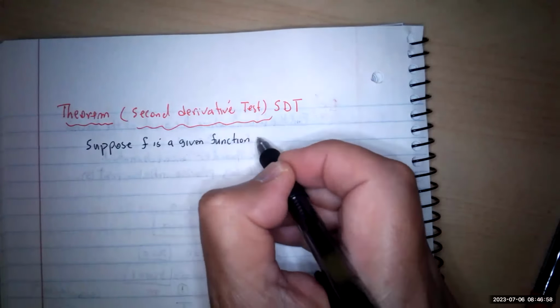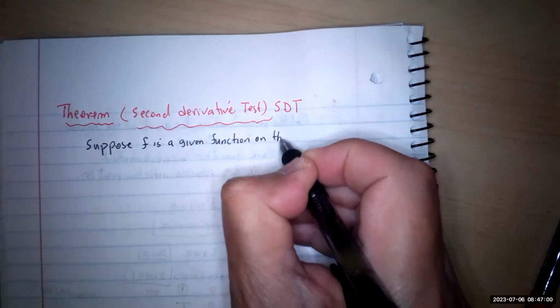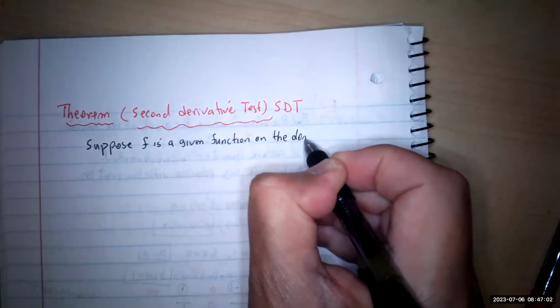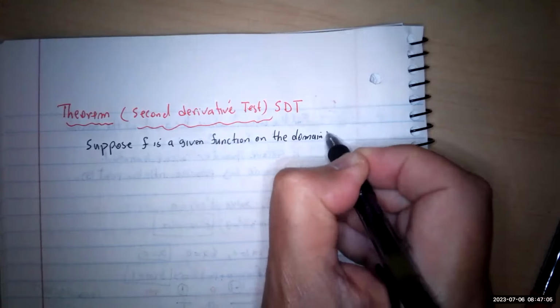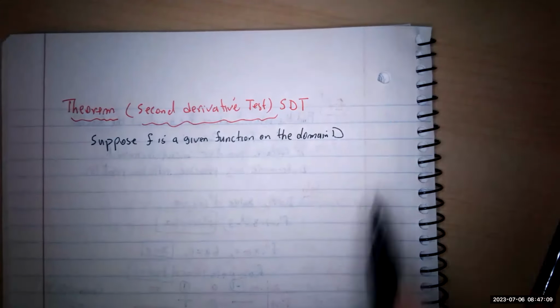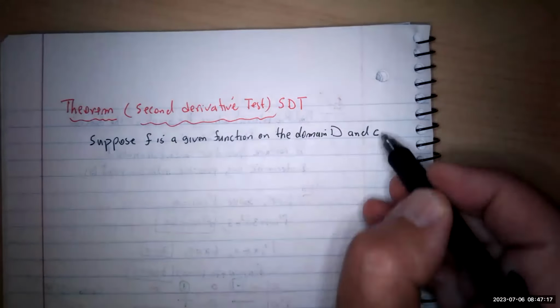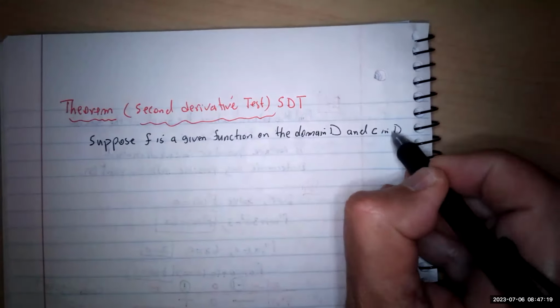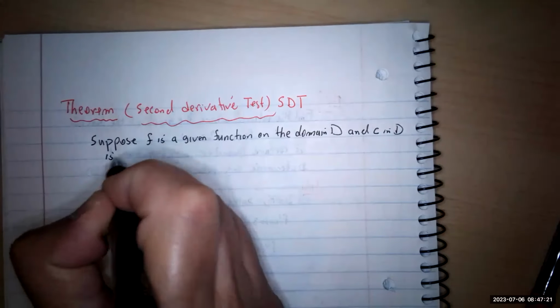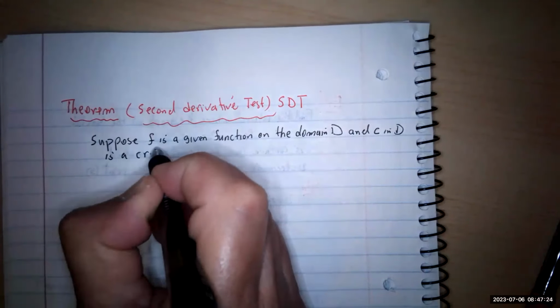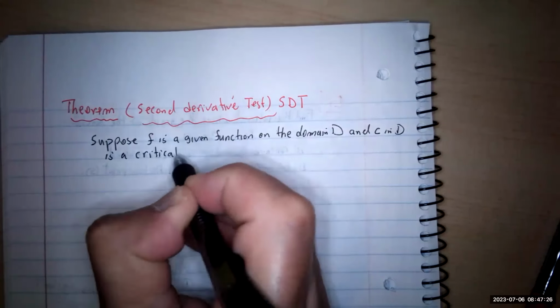Okay, given a function on the domain D, the domain of the function, and C is a number. C is a critical value. C in D is a critical number or value, is a critical value